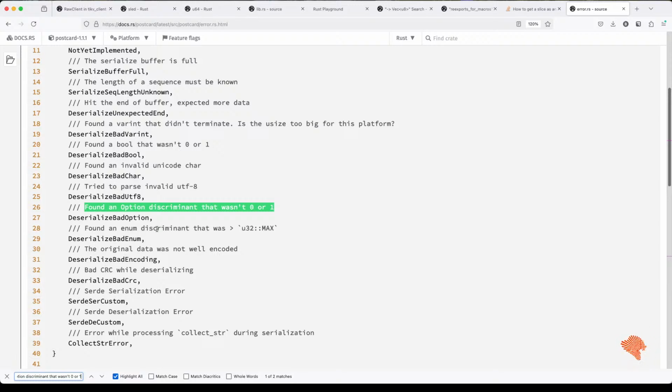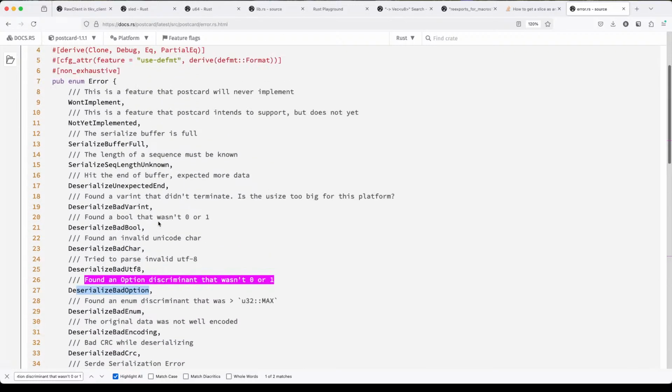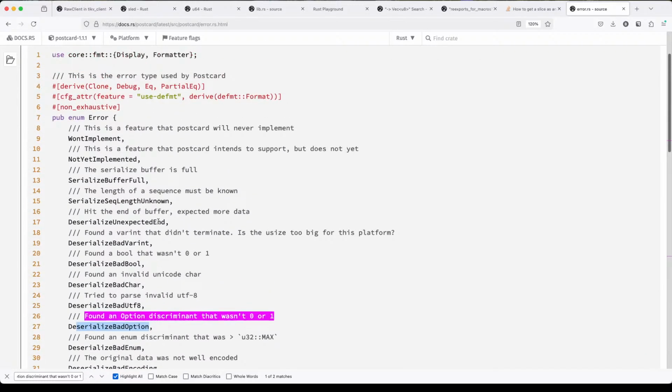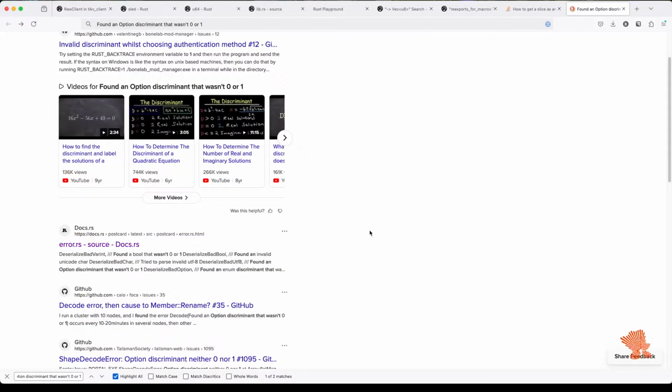Bad option. Found an option discriminant. Okay. Hmm. Was that because there wasn't data or